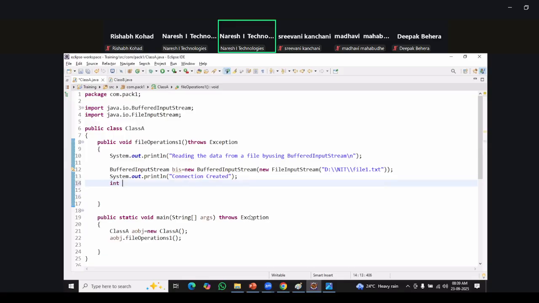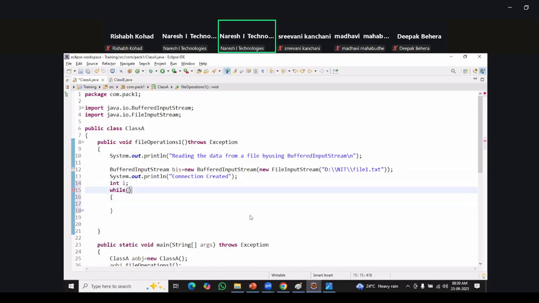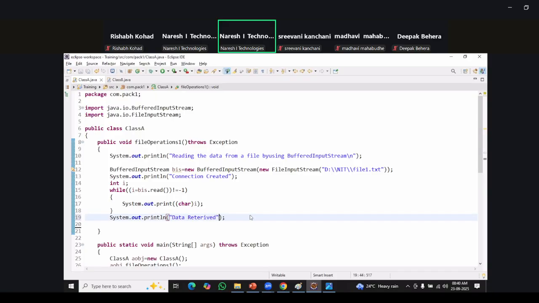Int i. Go ahead. While i is not equal to... I'm sorry, what? bis.read() should not be equal to... come on, System.out.print. I'm sorry, care of data, and